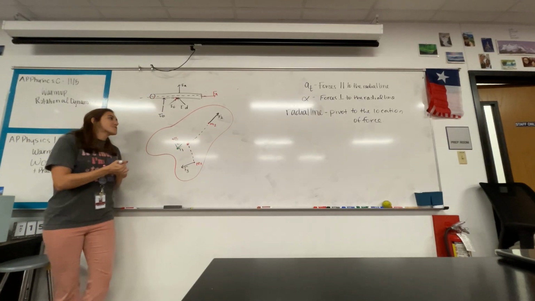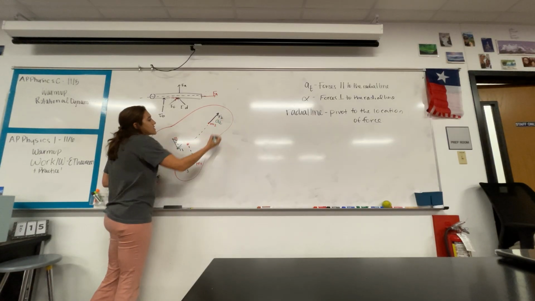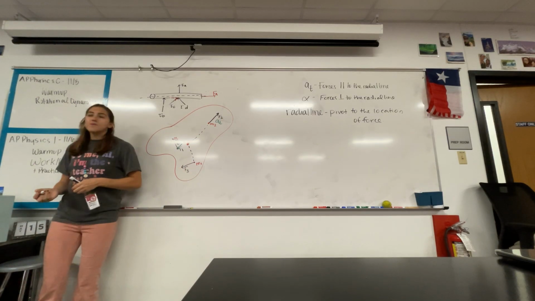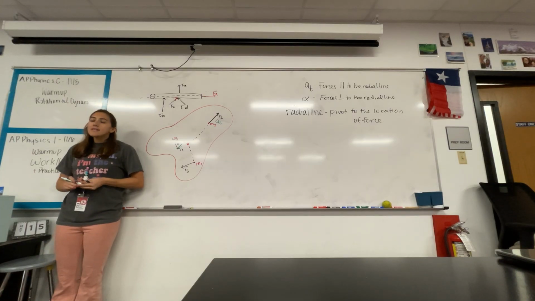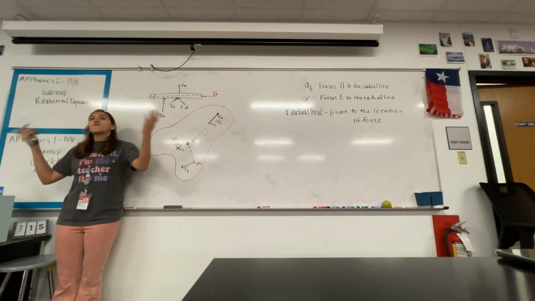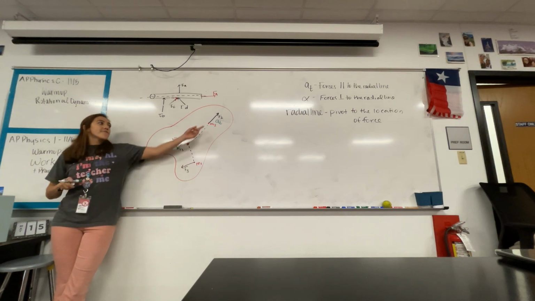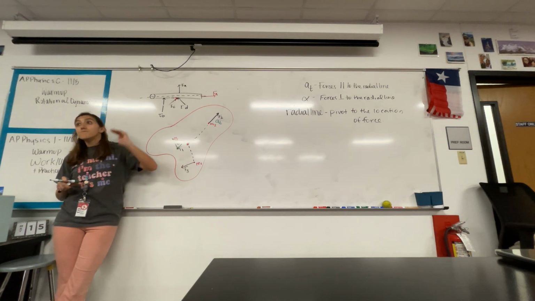F2, the entire thing is in line with the radial, so this one's only causing tangential acceleration. That's the only thing it's causing. It is causing a movement of the center of mass. I'm assuming that this amorphous blob is free to roam, maybe out in space. It's got no gravity acting on it, so whatever force is being applied there is actually going to move the